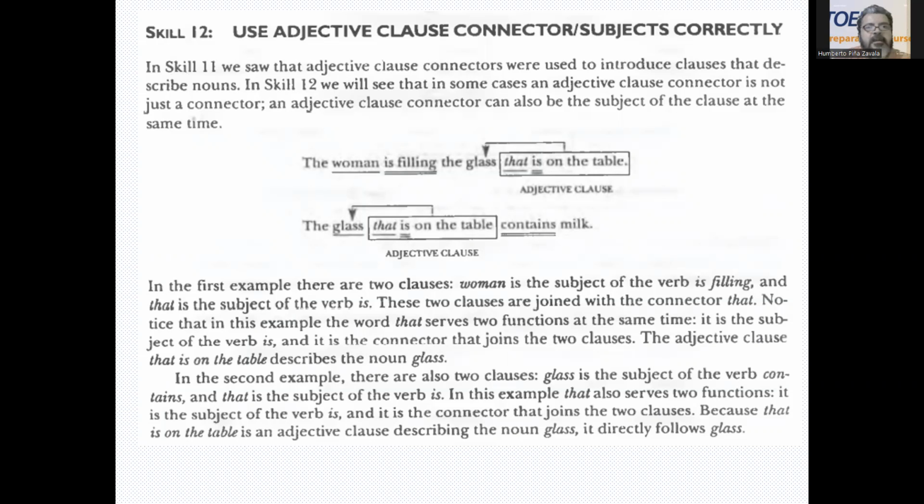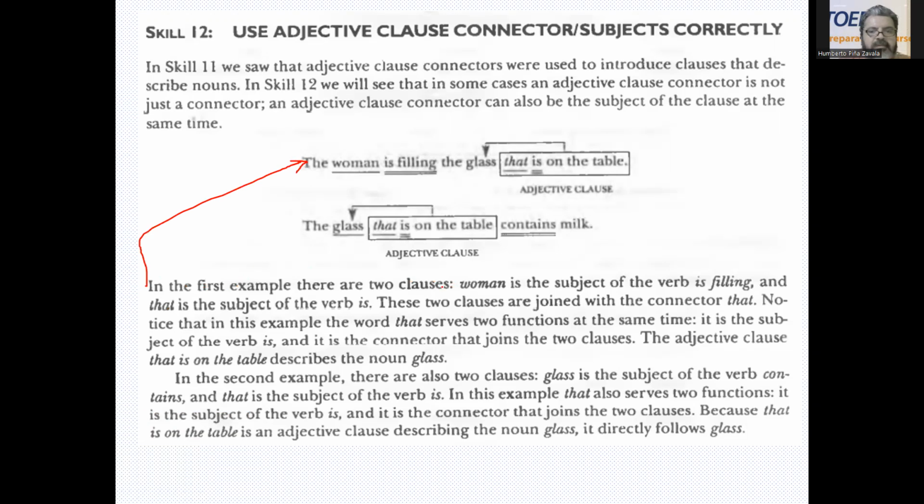In this skill number 12, we will see that in some cases, an ISD clause connector is not just a connector. An ISD clause connector can also be the subject of the clause at the same time. So it's like doing two jobs. It's being a connector, but it's also the subject of a verb within the clause. Just like I think we saw in skill number 10, if you want to go back and check that out. But anyways, okay. So here, in the first example,